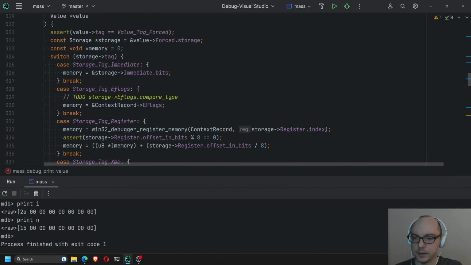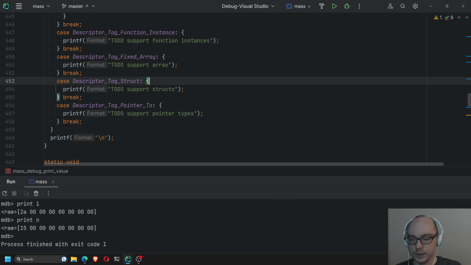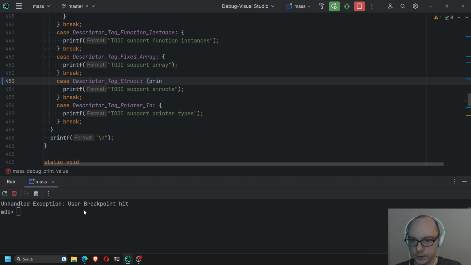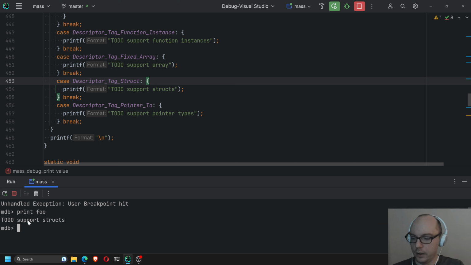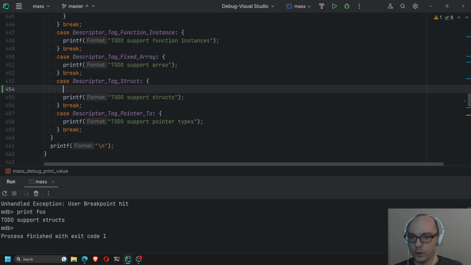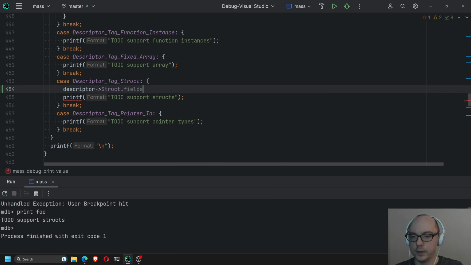Let's print structs. Where's our struct stuff? Here's our structs. And let's verify that that's where we get to. So if I say, oh, I really wish this would autofocus. Maybe there is a setting for that or something. Okay, to do support structs. Yeah, we are in the right place. So let's begin. We can say, so if I say descriptor, struct, right? Fields, yeah, okay, so that's an array. That means we need,